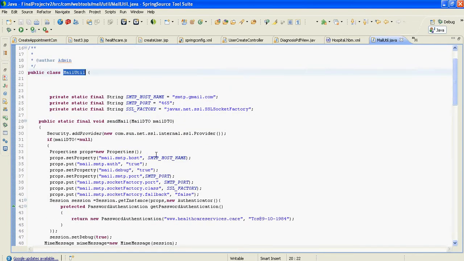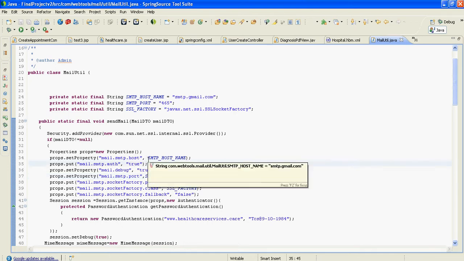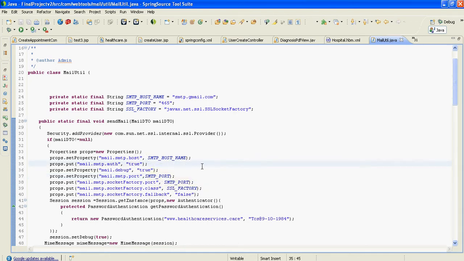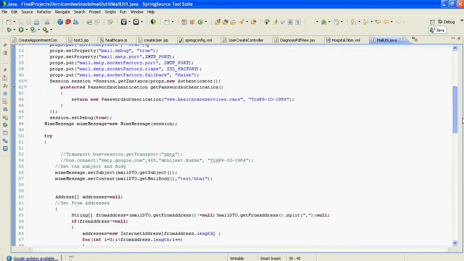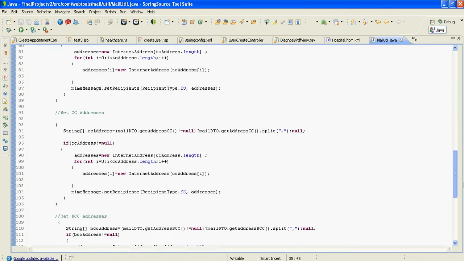I've studied the SMTP protocol as well for this, using the smtp.gmail.com server. The SMTP host is required, and for the SMTP port, the default is 465. Had it been a POP3 protocol, if you had to retrieve emails, then you would need to use POP3, so you would provide another property. Since you're using SMTP, you need to provide that. And here, I then pass the addresses, and okay, this is the code of the email.